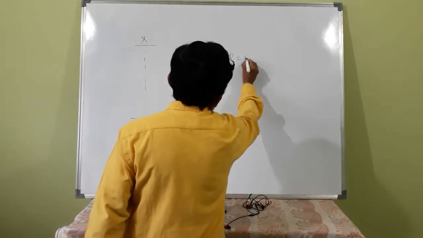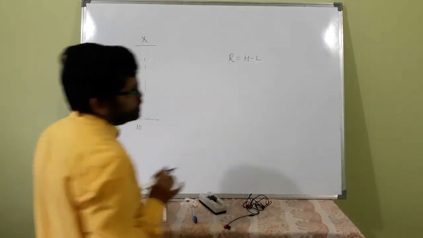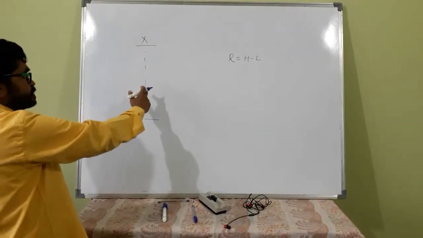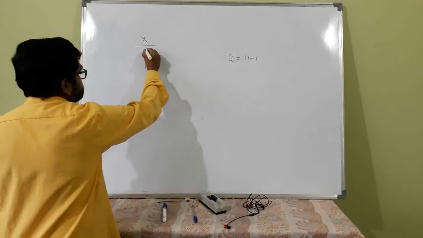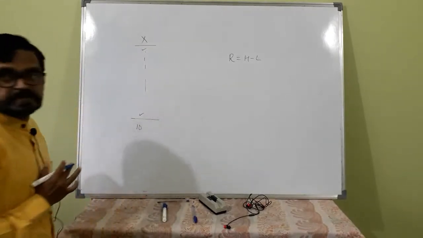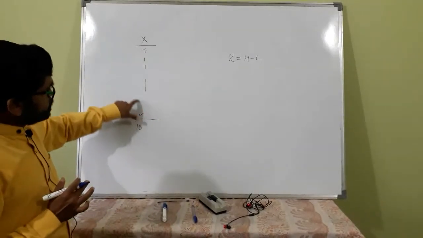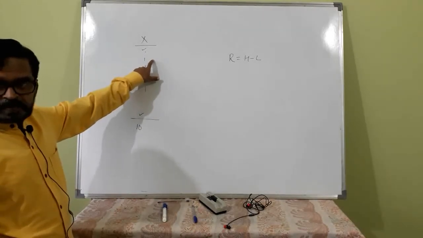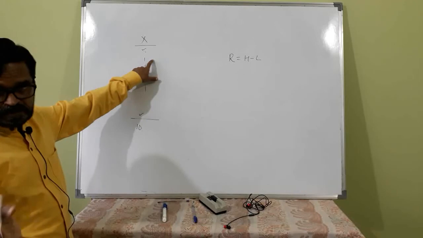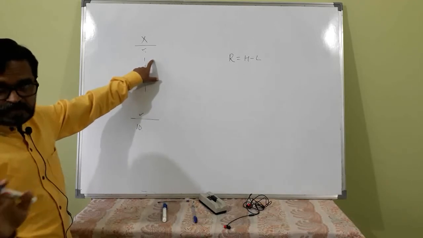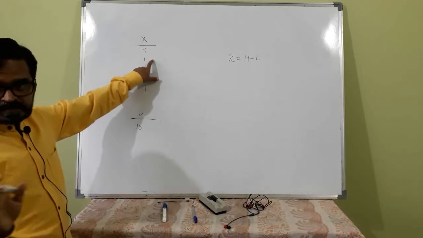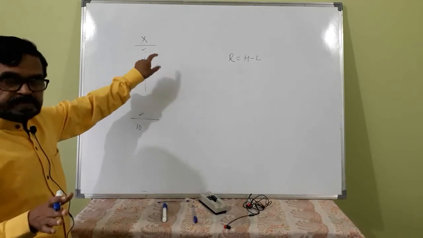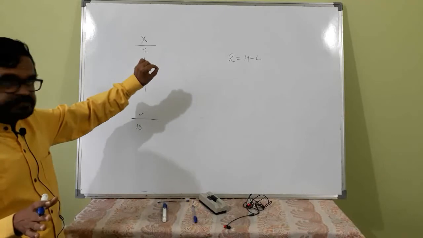Range means highest value minus lowest value. That means suppose these are arranged in ascending order, then we consider the first one and the last one only. We neglect all the other observations. Please try to understand. Many of you have worked out the examples, even the exemplar, but you are not following what I am teaching the easier way. Please try to understand the concept.